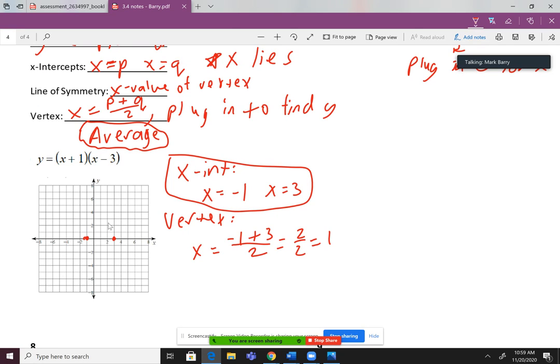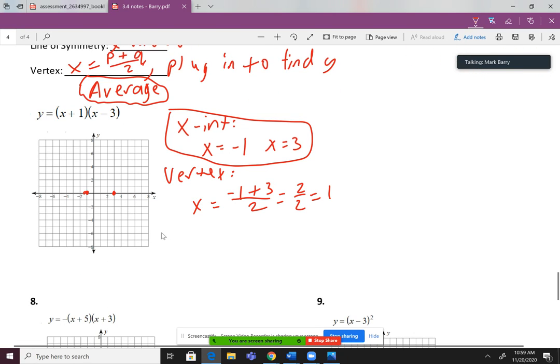The other way you can look at this is look on the graph, right in between the 2 x-intercepts. What's the x value right in between those 2 x-intercepts? I would say 1 is the x value that's right in the middle. So that's also the definition of average, the number that's in between those 2 numbers. So if you want to look at it like that on the graph, what's in between these 2 x-intercepts, that's your x value. Now I still need my y value, so I have to take that 1,